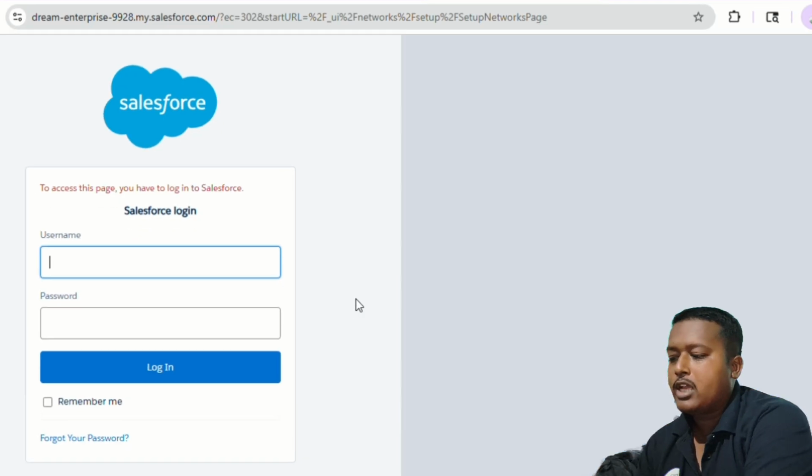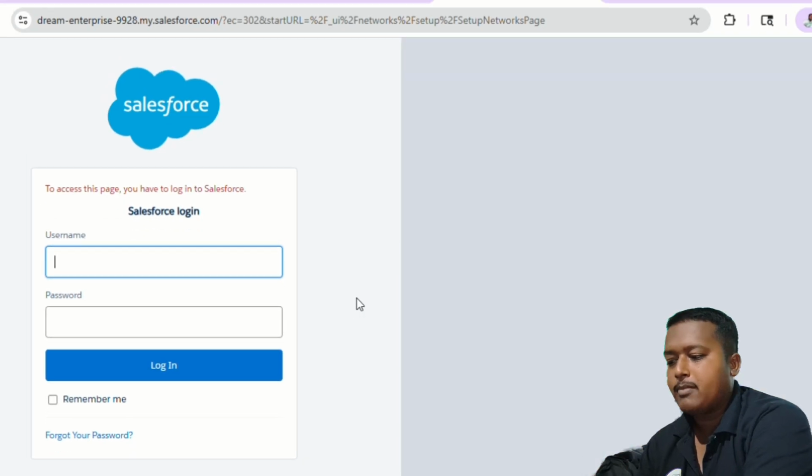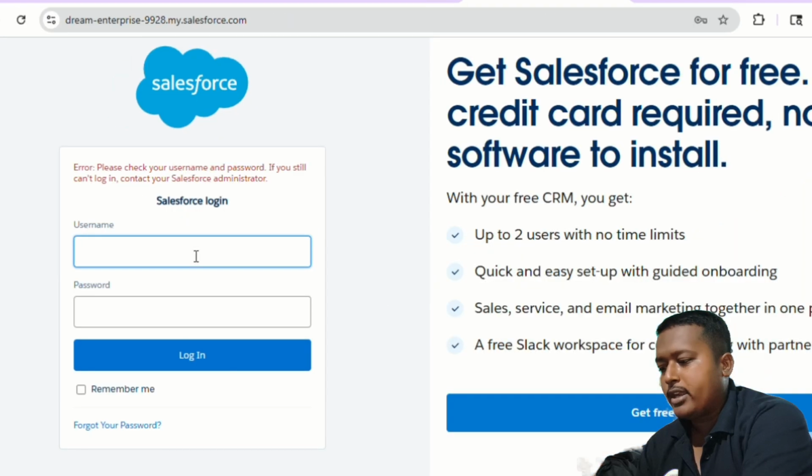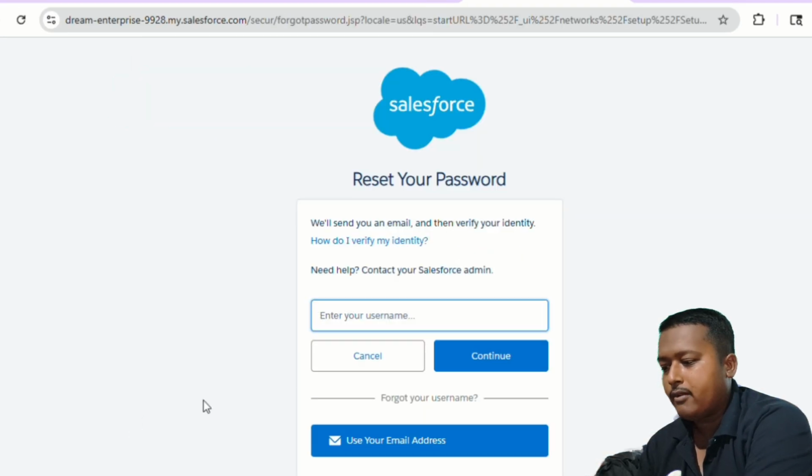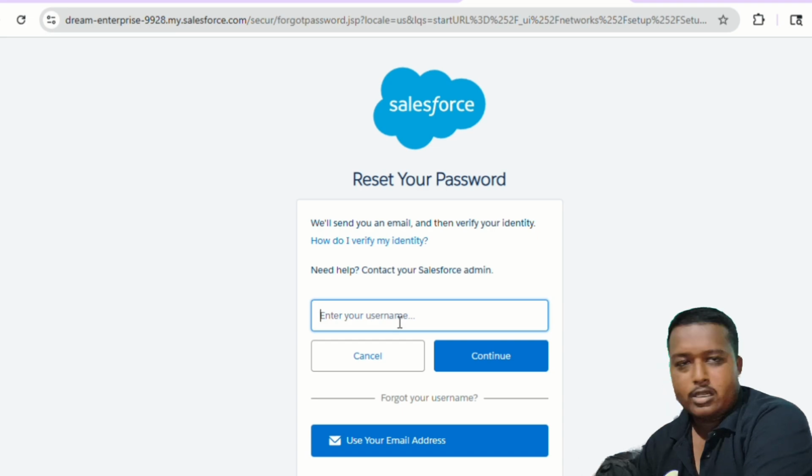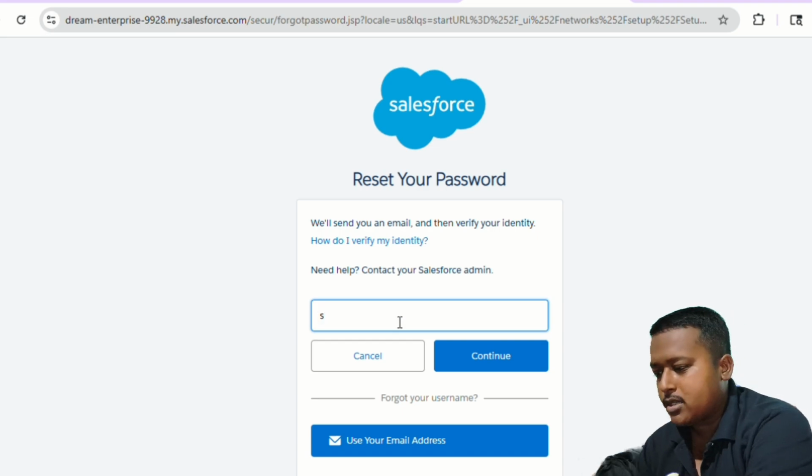But as you can see, I haven't set my password yet, so I need to enter my email and click forgot your password, and here I have the option to proceed for the password. So I will enter my email here, and after entering the email I will click on the continue button.